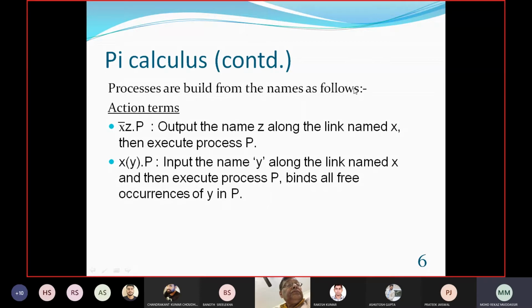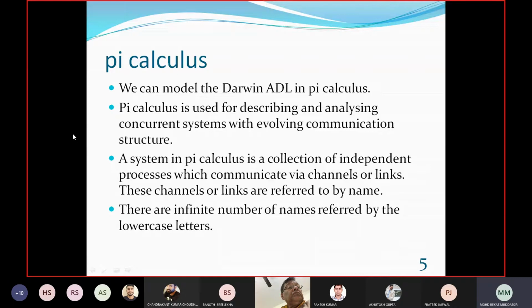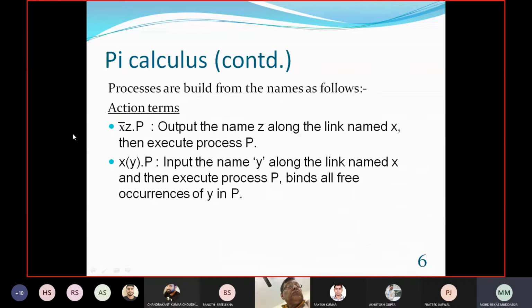Processes are built from the names as follows, and as I have already told, there are infinitely many names referred to by lowercase letters. So how are they built? There are some action terms. The first is x bar z dot p: output the name z along the link x and then execute the process p.